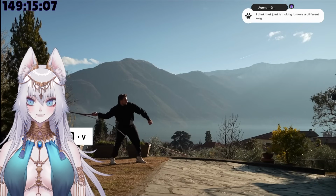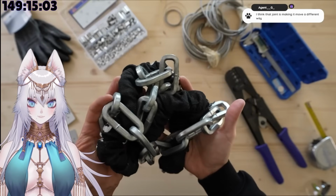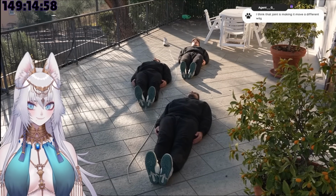Now, before testing the whip, I had the chain and the handle left. And honestly, I wasn't entirely sure if the chain was gonna exponentially increase the power, thanks to the weight, or simply slow everything down because of the weight. Or even worse, since the whip is already really long, the extra weight